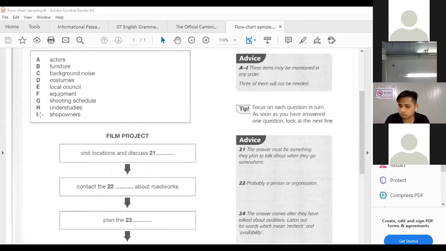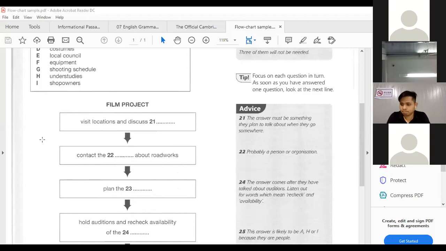22, Bùng Bách. Contact who? 22 is E, local council. Very good, local council. 23, Nam. Plan 1. Shooting schedule. Very good, shooting schedule. 24, Bong Kun. Audition, check availability of the